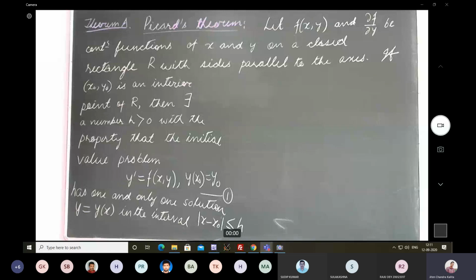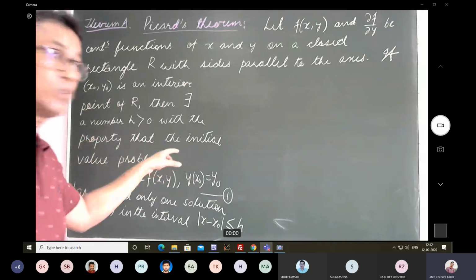Fine. So now let us see what is being stated here. You have come across this a number of times. So what it is saying is that f of x comma y and its first order partial derivative with respect to y are continuous functions of x and y on a closed rectangle R. I'm going to draw it, don't worry about it, with sides parallel to the axis. If x naught, y naught is an interior point of R, then there exists a number, of course it is a positive number, strictly greater than 0, with the property that the initial value problem given by the equation